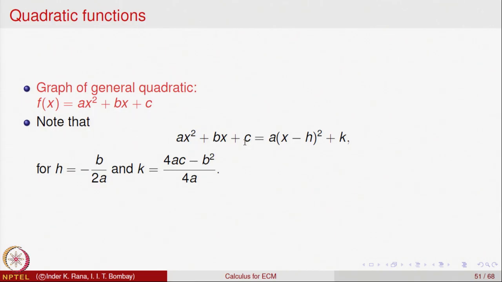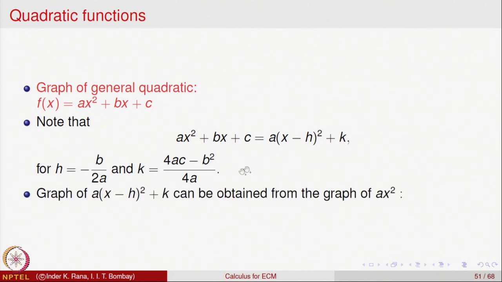If x is 0, from here we can calculate what is c. Okay. h should be equal to minus b by 2a, and k should be equal to this quantity. So, from here we can compute the coefficients of the like powers and compute. So, once you have done that, the graph, using these relations,